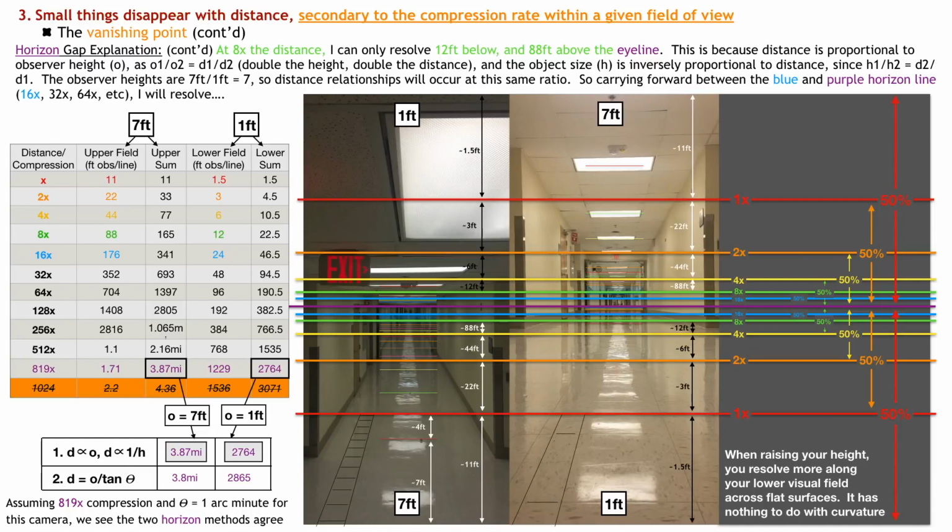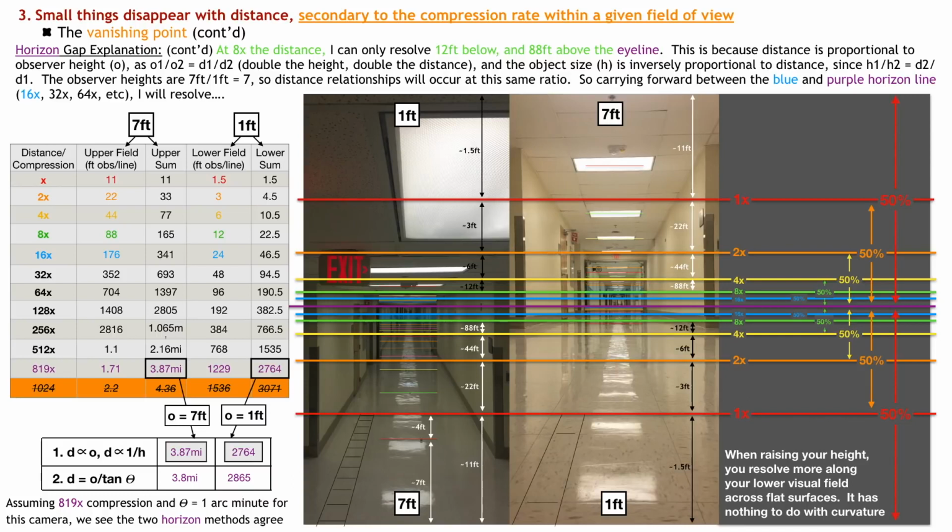So if I am looking at the floor in this case from a 1 foot observer height, which is the picture in the middle where there's the 7 foot on top and the 1 foot on the bottom, I can count the tiles within this photo, and I can see that I'm roughly at 1.5 tiles within the lower 1/4 of the total image, or the lower 50% of the lower half of the image. Again, my lower visual field. And now if I were to halve that distance again, so now I've halved the distance of that first red line, and I've halved it into the orange line, I have to double the amount of information that is contained within that